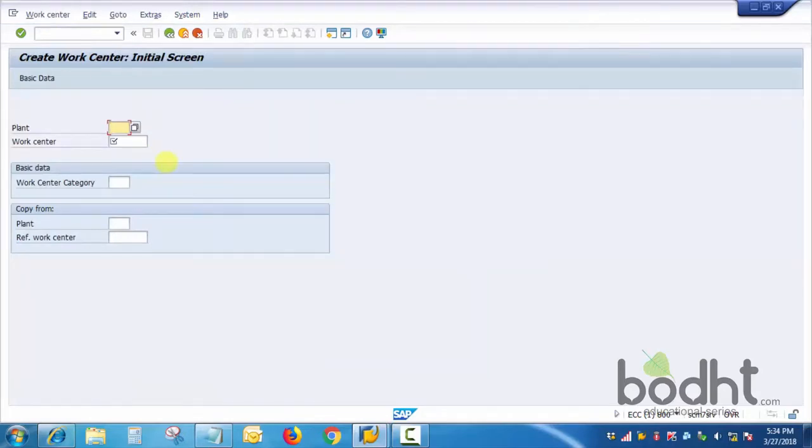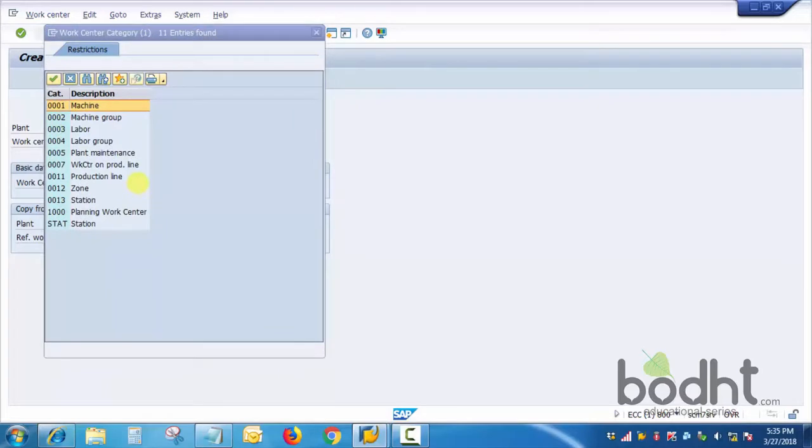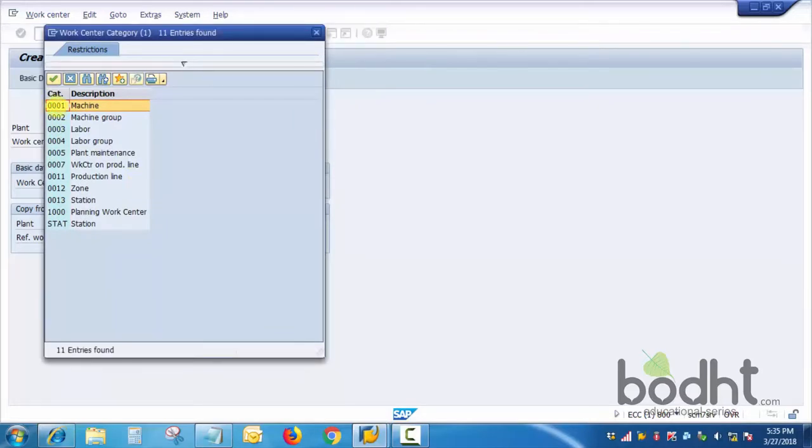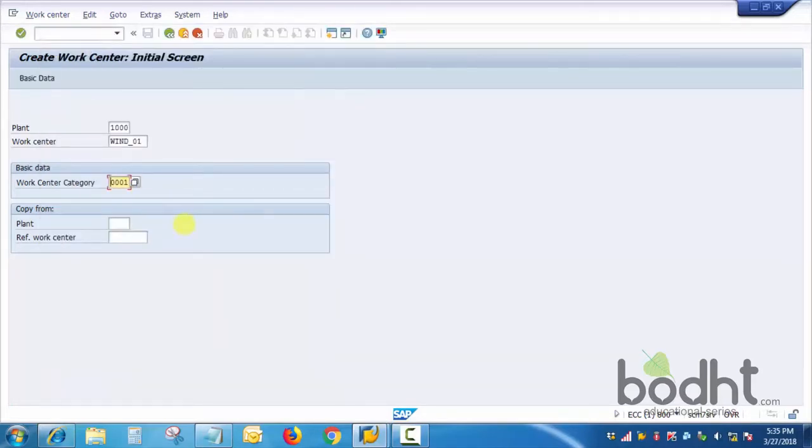So first it is asking in which plant you want to create the work center. I'll take 1000 as the plant, and the work center, let's say this company where we are using SAP has bought a new machine for, let's say, motor winding. I will call this as, let's say, winding_01. It's a machine that they have bought, and what category it is, there are many different categories of work center, but since it is a machine, I'll take machine category. Hit enter,